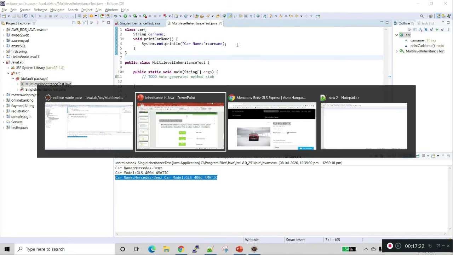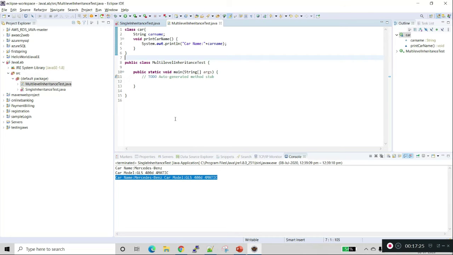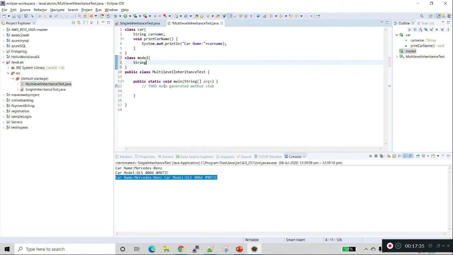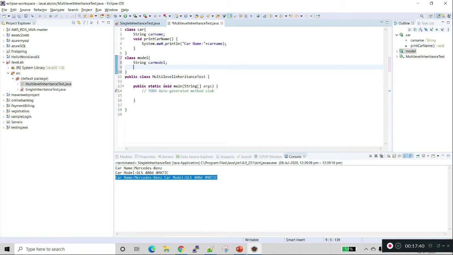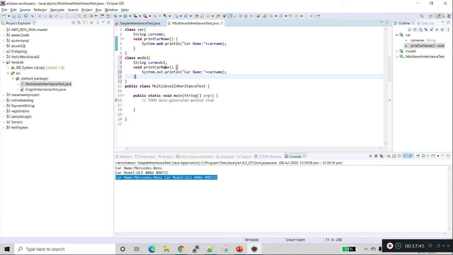Now we will create the second class, model, with a string car model. We'll copy this, and we are printing the car model.